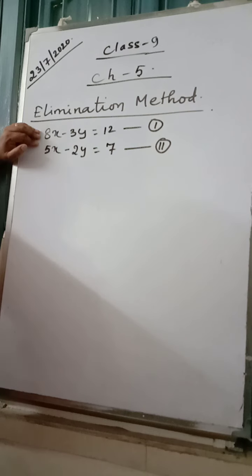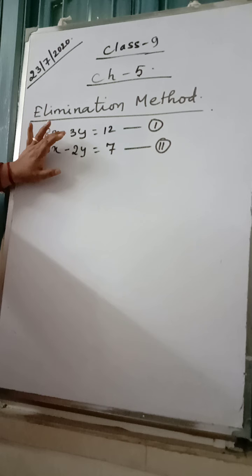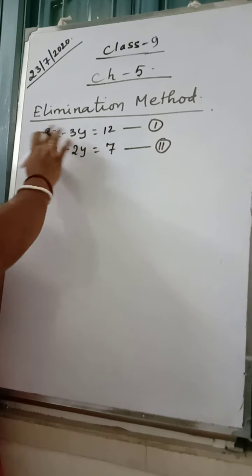So in this case, we can multiply the equations by certain numbers so that the numerical coefficients become the same. Now if you want to eliminate x, with coefficients 8 and 5, you have to get the LCM of 8 and 5, that is 40. So this equation will be multiplied by 5 to make it 40x, and this equation will be multiplied by 8 to make it 40x. But if you want to eliminate y, the coefficients are 3 and 2, so the LCM of 3 and 2 is 6. So I am going to eliminate y.